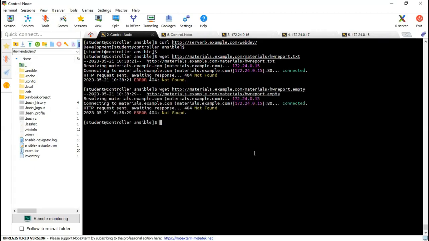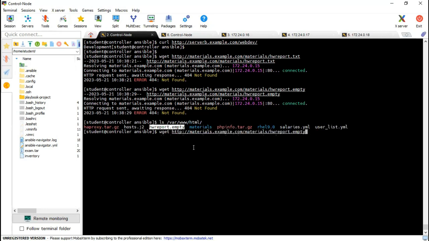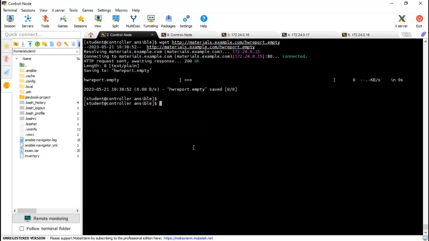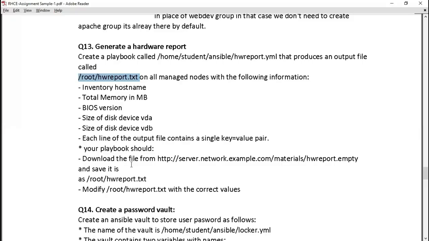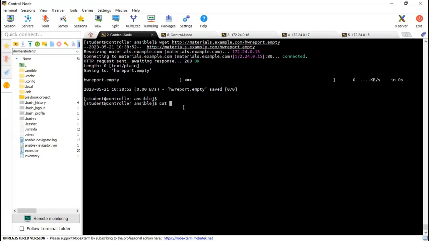Is it? It should be there. Resolving, it's resolving it, but cannot find this one. Interesting. Oh, okay. Yes, I was giving the wrong path actually. So I have downloaded that. It is blank at this moment. The hwreport.empty is blank now.